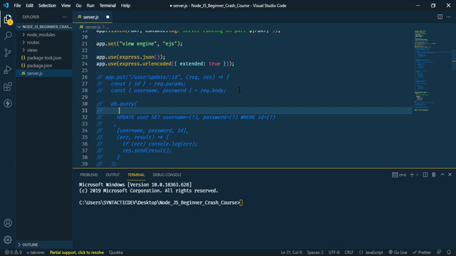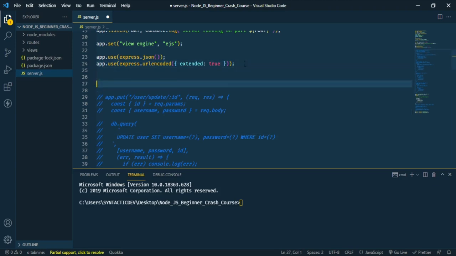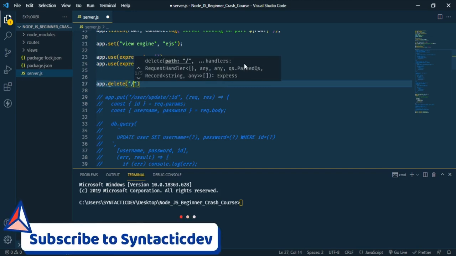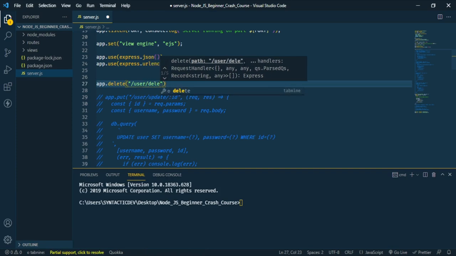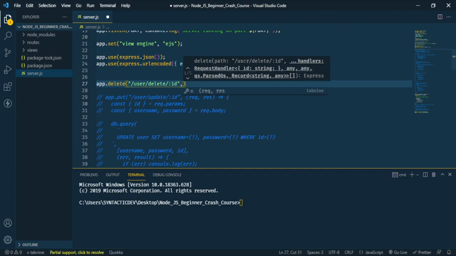And so to do that, right here at the top, let me delete. So app.delete, the method is delete. Our route is user/delete, and we'll be taking in an ID of the data we want to delete. It might be a user, it might be data for maybe a shop, like jewelries, maybe clothes. So maybe you update some data into your database, and